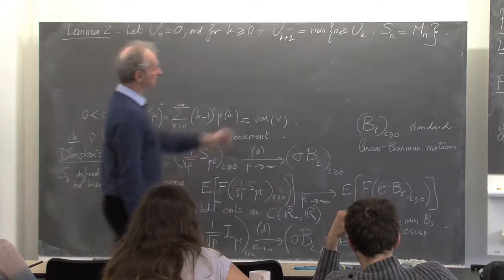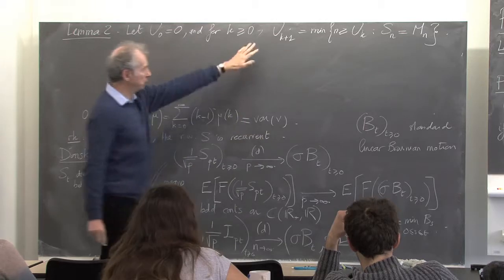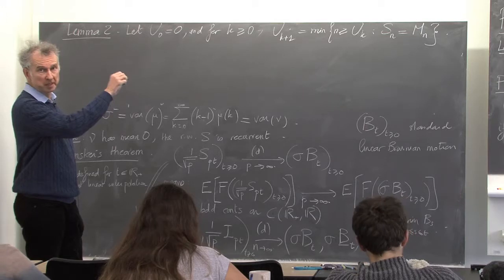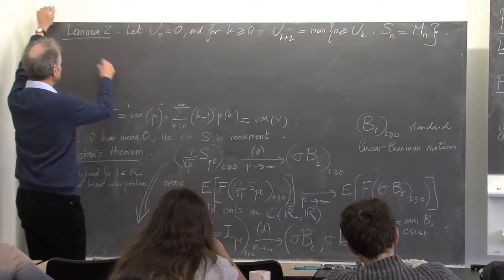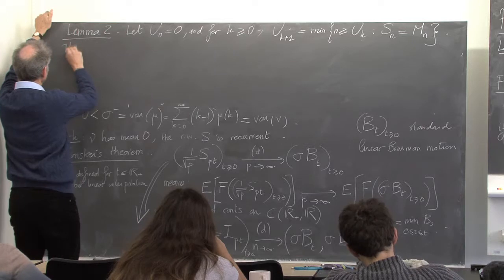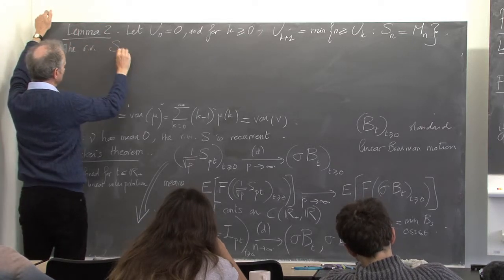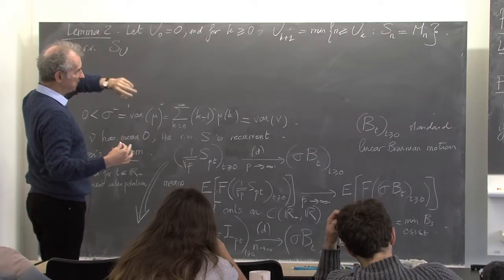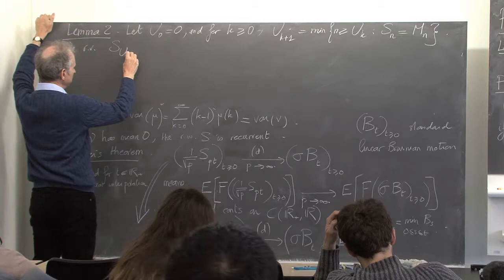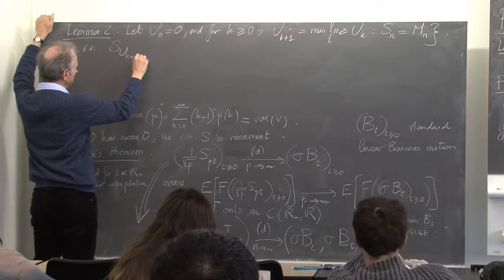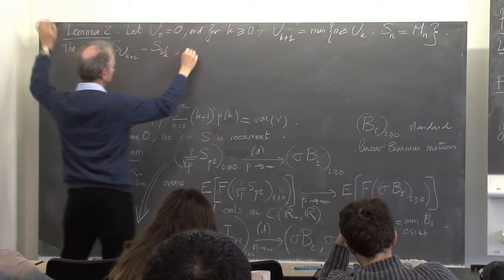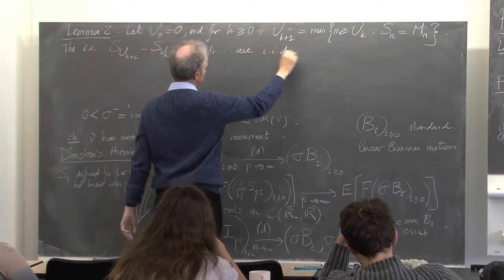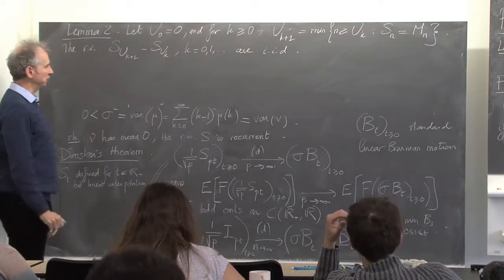So I told you before that the random walk S is recurrent. So all these times are going to be finite and well defined, because these are the times at which you are equal to the maximum. So the lemma says that the random variables, I look, in fact, at how much the maximum increases at a new record time. So it's going to be S_{U_{k+1}} minus S_{U_k}. These random variables have the same distribution.